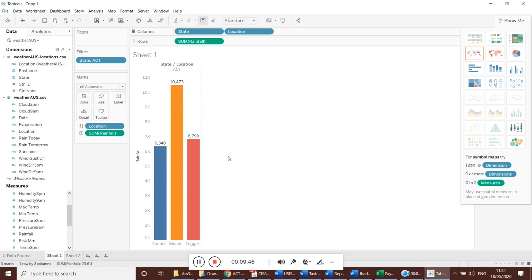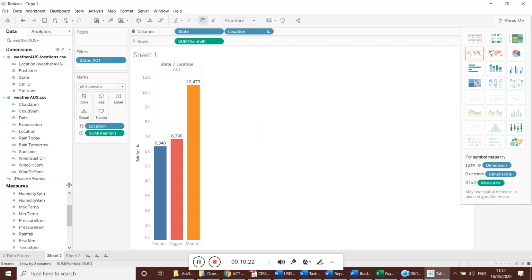So we sort it in ascending or descending order. We have the sorting option here, sort ascending or sort descending, whatever you want to do. Just now I created it in ascending order, increasing order. So the lowest is Canberra and the highest is Mount Kitchener, and the difference between highest and lowest is maybe 4,000, in mm maybe, between the smallest and the largest.